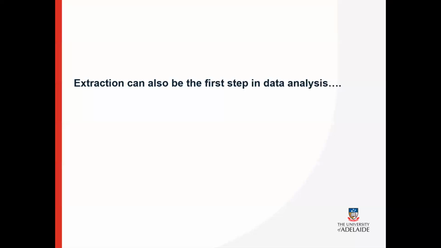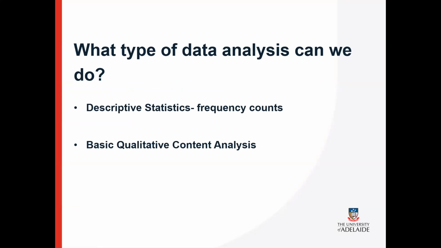So once we go from extraction, we then also go into data analysis. So what kind of data analysis do we do in scoping reviews? Well, we tend to do descriptive statistics. So this is a lot of frequency counts, very, very basic data. As I said, scoping reviews do not address questions of feasibility, appropriateness, meaningfulness, and effectiveness, and as such will not and should not apply advanced analysis methods. So if scoping review authors feel that they are unable to answer their questions without the use of a meta-analysis, then you need to look at a systematic review approach.